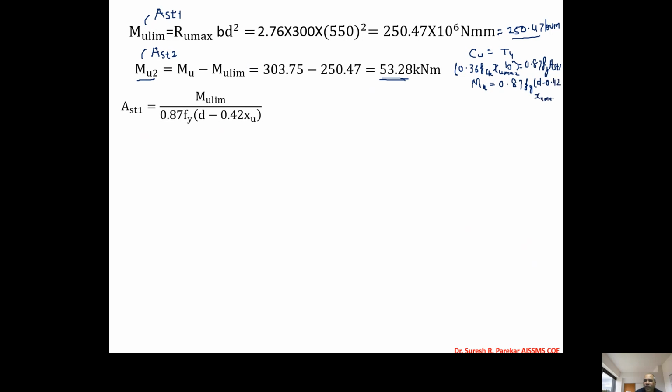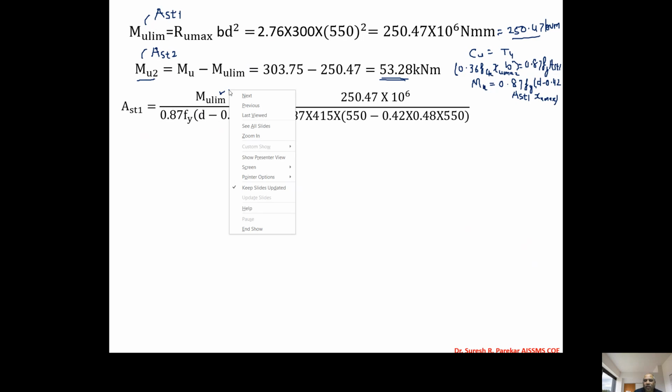And from this we will get the value that is equal to Mu into AST1. Now AST1 we will get as Mu upon 0.87 Fy divided by (D minus 0.42 Xu). This now I can write as Mu,max because we are going to be with Mu limit. And now if we substitute the values in this equation, we are going to get the value of